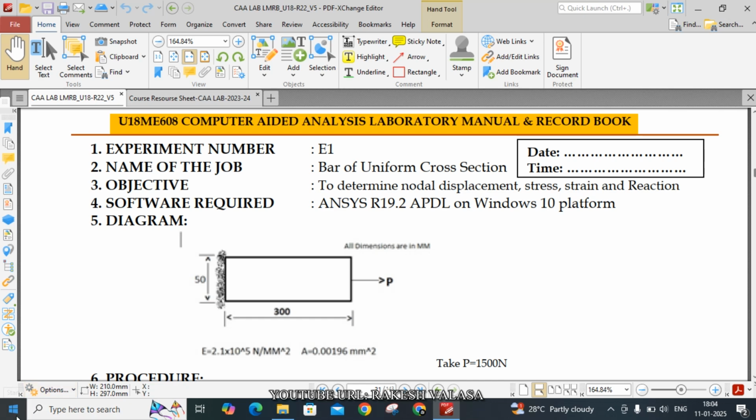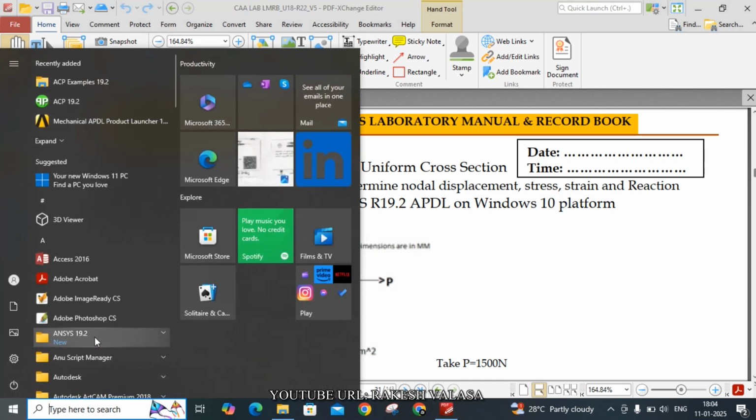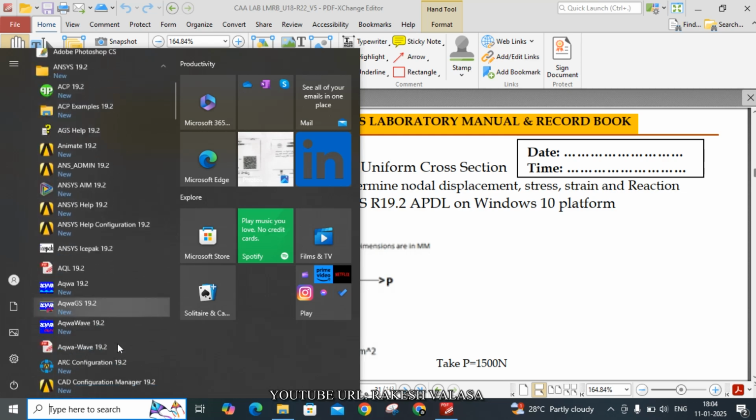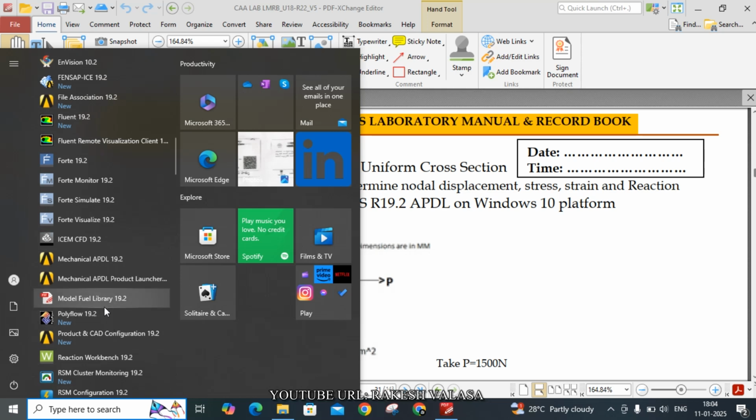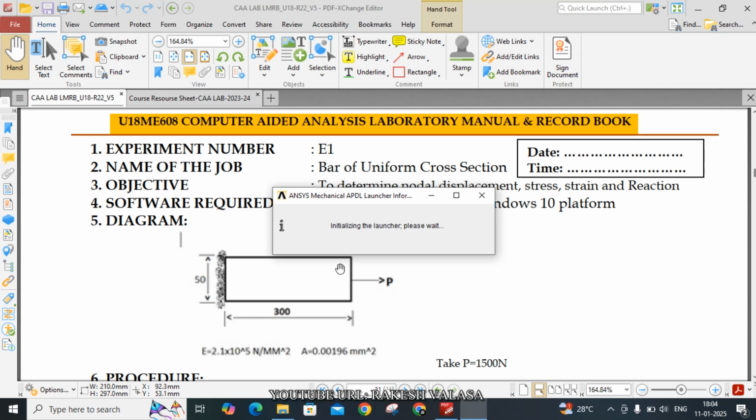Now go to the start button and choose ANSYS 19.2 and okay, you can scroll down. You can choose Mechanical APDL 19.2 or Mechanical APDL Product Launcher. You can choose any one of these. Here I am choosing Mechanical APDL Product Launcher because by using this way you can easily select the working directory. You can create one folder in your local disk C, D or E. By using this option you can easily